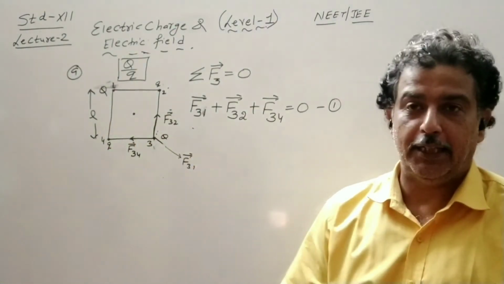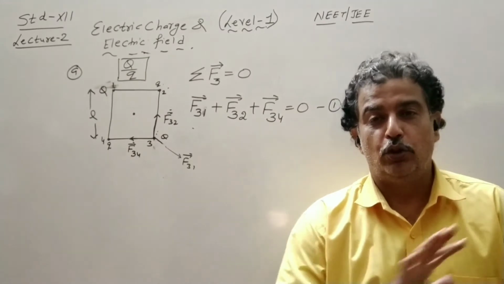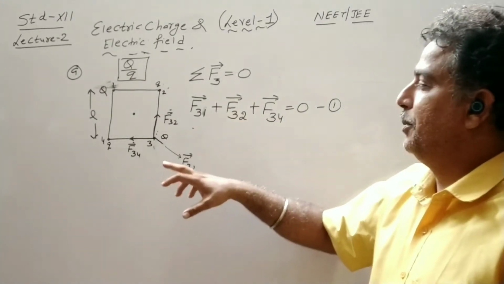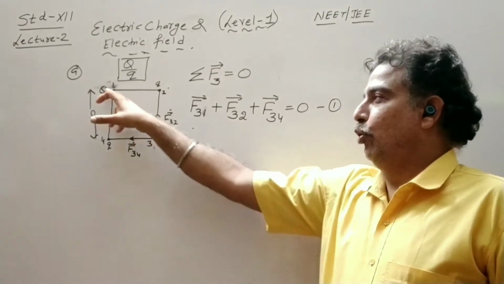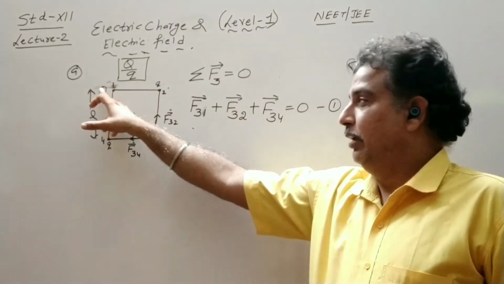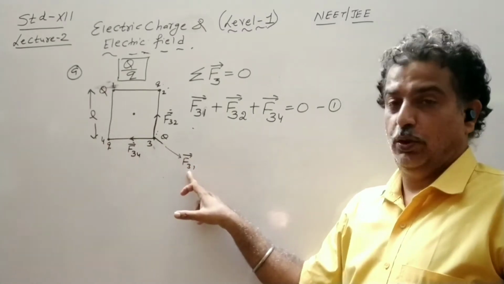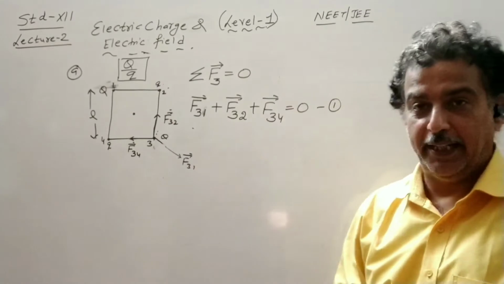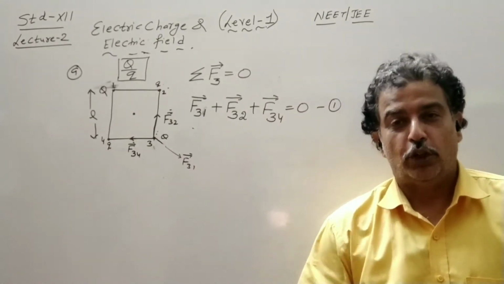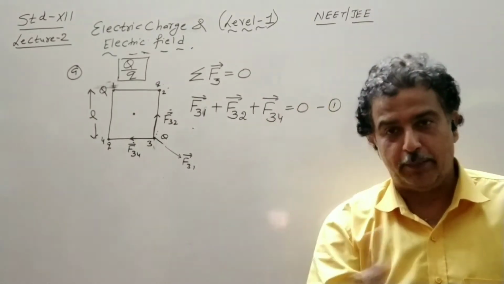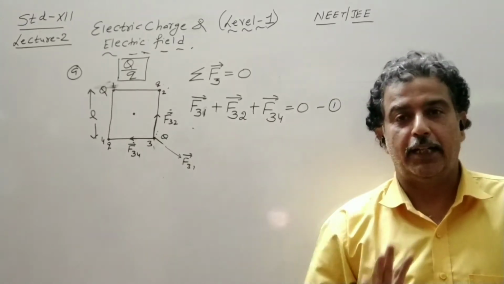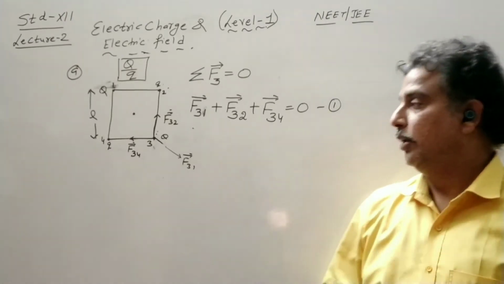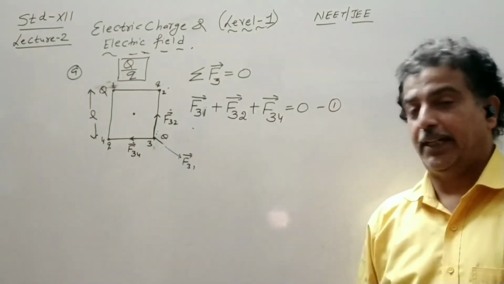So it is clear that all the 4 charges do not have the same polarity. If I take capital Q as negative, then F31 will be repelled and again it will be attracted, so the diagram remains like this. So there are 2 possibilities: all 4 positive or all 4 negative give an identical diagram, which is not possible; 2 positive and 2 negative, any 2 positive and any 2 negative. So this diagram is correct.